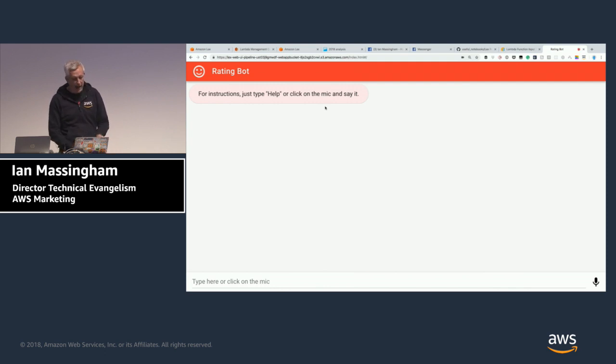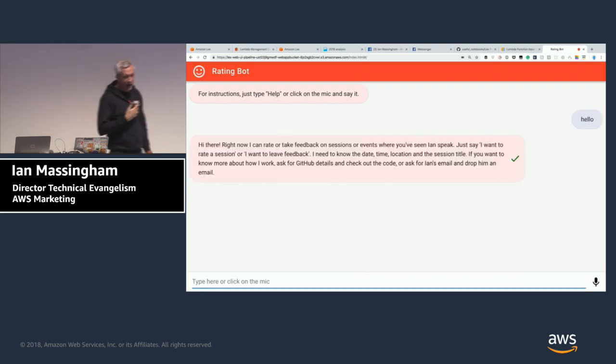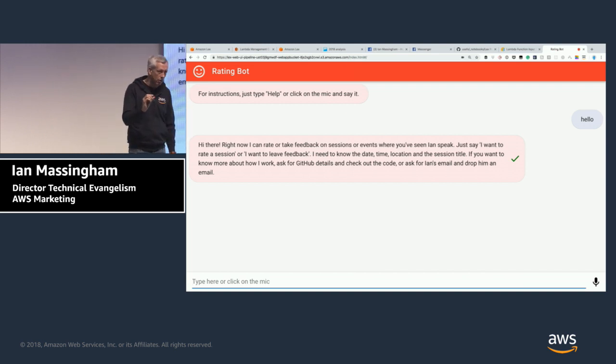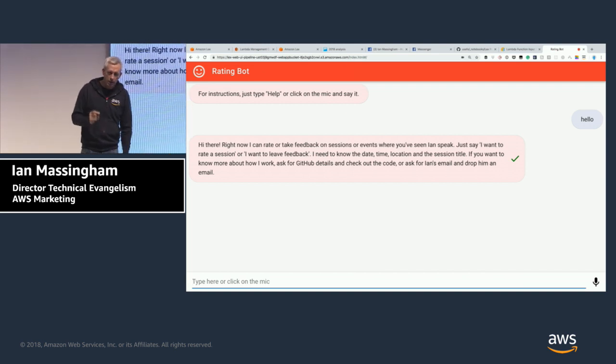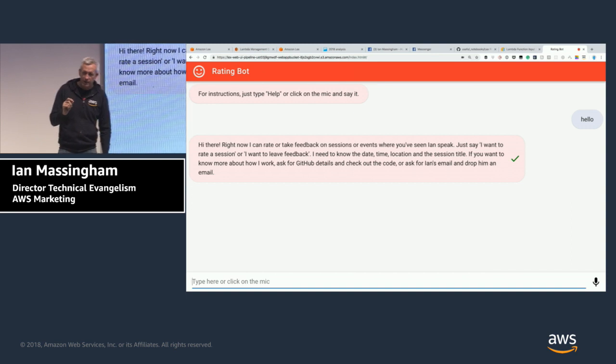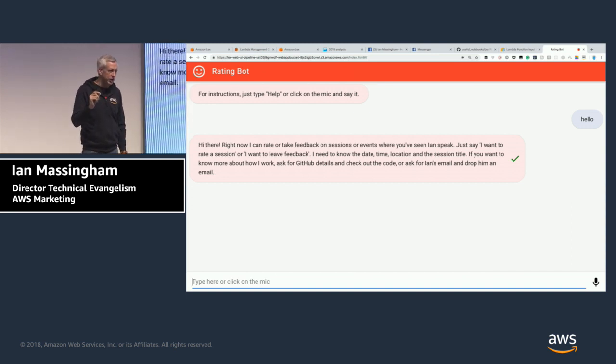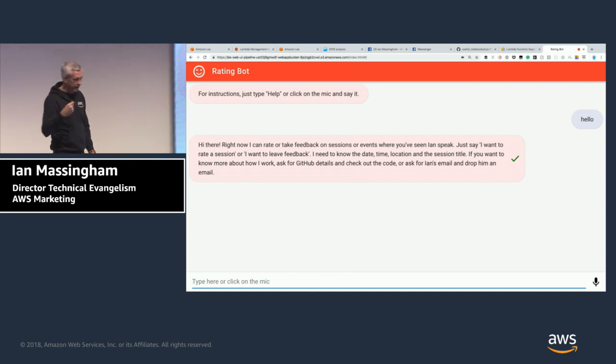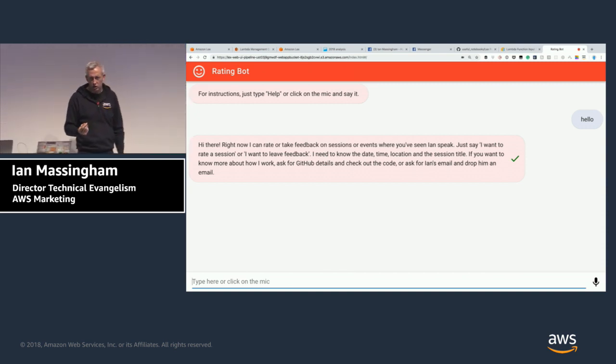Okay, so this is the app that you'll see on your smartphone. You can say things like, hello. And you'll get an informational prompt back there which gives some guidance on how to use the service. This is a requirement, by the way, if you're planning to deploy any chatbots onto Facebook's Messenger platform. They will ask you to have a help intent. And if you do not have a help intent, which guides users through usage of your application, your chatbot application, Facebook will reject you from application verification, okay?